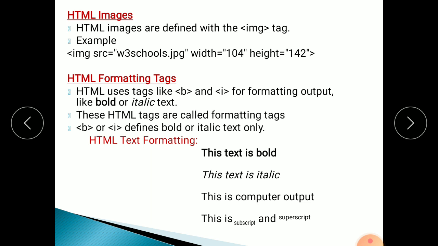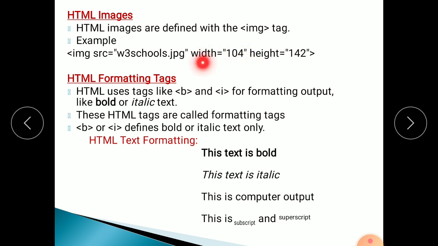For example, see here, you can write the code like this, and then that image will be displayed on the output screen. img src, meaning source, equals to whatever image you want to insert on your web page. Copy that image address and paste it here.